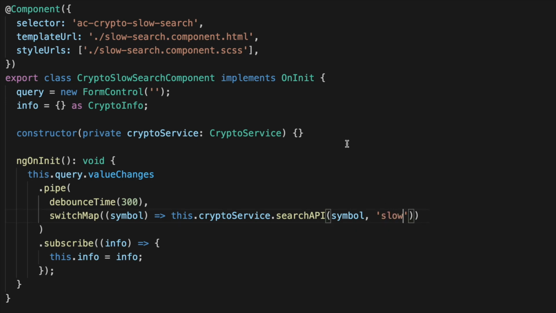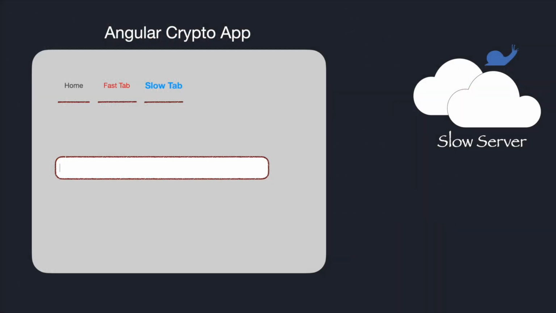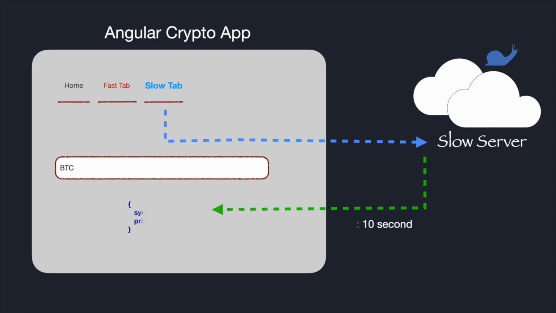The slow server will take more than 10 seconds to respond back. Let's take our new component for a spin. Click on the slow tab, type in BTC for Bitcoin. Our request will be sent to the slow server. A progress indicator will show during the request response window. The server will respond in 10 seconds or more, and the result will be displayed on the page within the